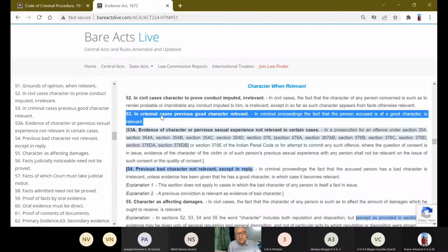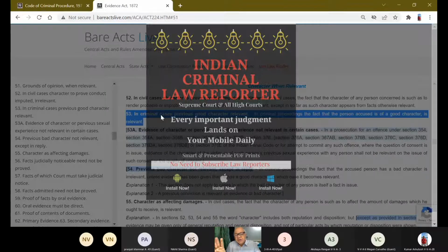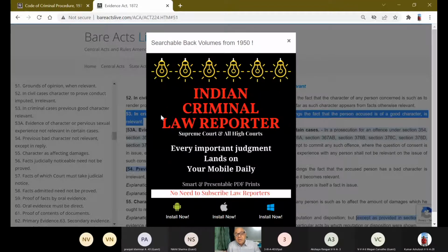So they are alleging against me a conduct, that I have trespassed or committed riots, committed forgery, which is totally false, a fabricated charge. In fact, I have been given a good certificate by my administration, university, college, or the department where I am working. So a good certificate can be brought on record in the cross-examination of the complainant and the police officer. When they step into the box, while the police officer is explaining the first information report to the court, that I have recorded this first information report